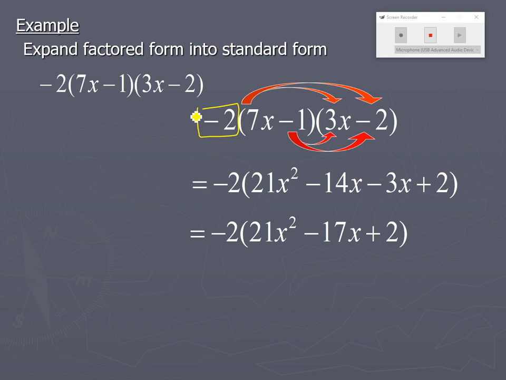And what did I forget to do? What's the last step here? Times it by negative 2. Times everything by negative 2. And if you need your calculator,